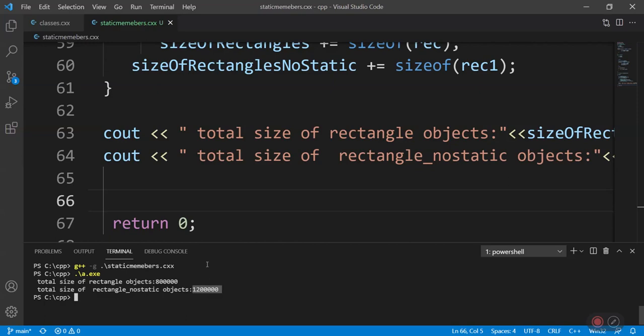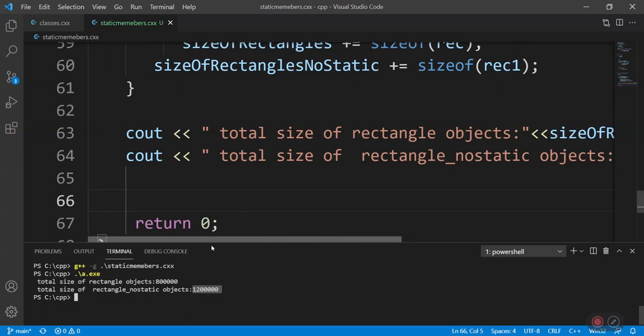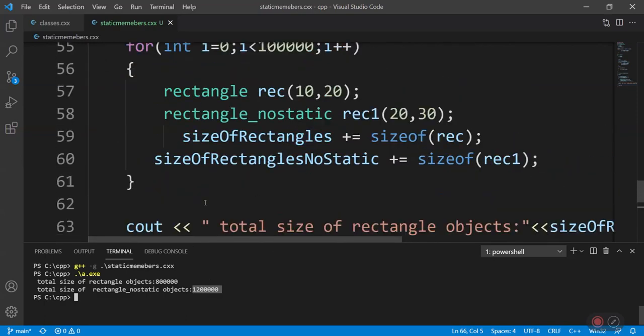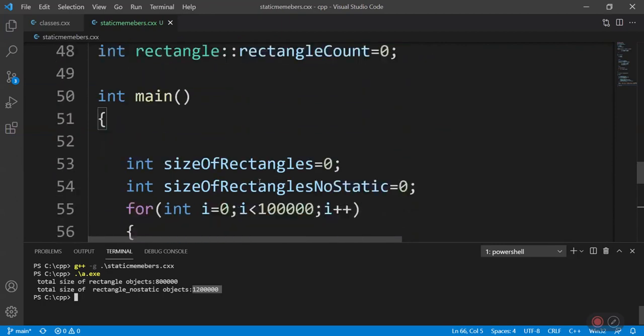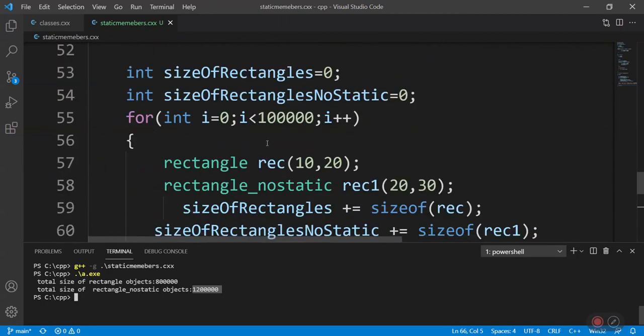That's the advantage of using static member variables. Less memory is allocated to the objects if you make use of static. Since we have created 1 lakh objects, we got 800,000, which is 8 bytes per object. Each rectangle object is 8 bytes, and each rectangle no static object is 12 bytes.